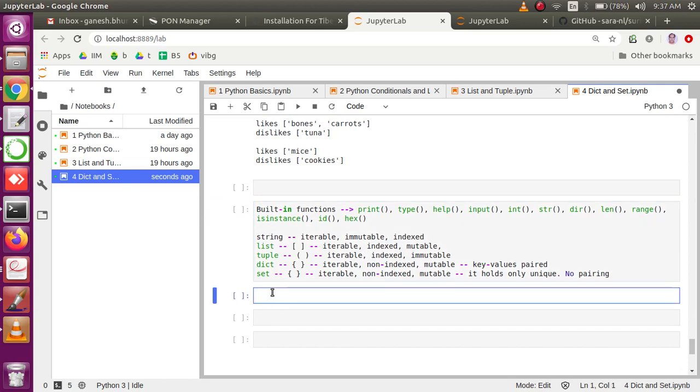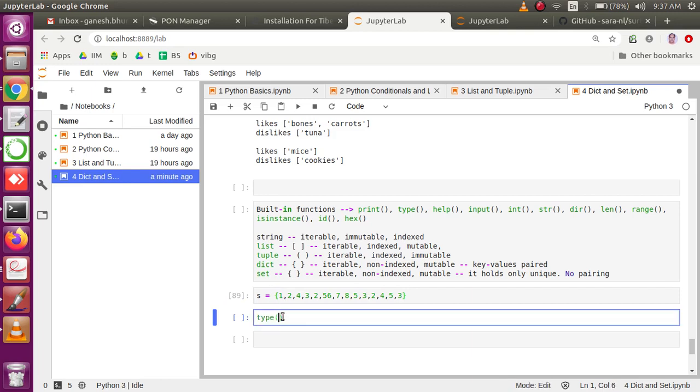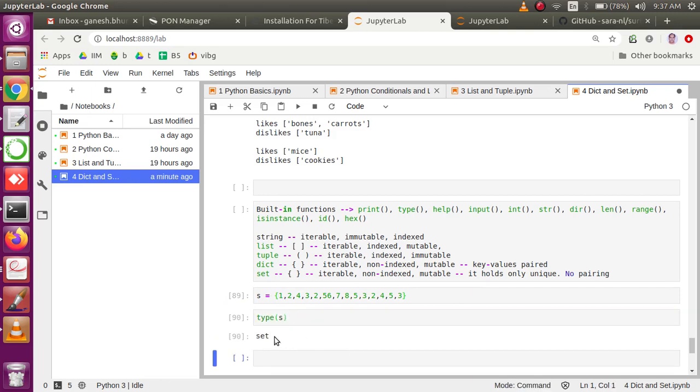No pairing means it just holds the values, right? I will take a simple example. Let's say s equal to, I will take, let's say, okay, suppose this is how I have data, right? So very similar to list, but just that I have used a curly brace, and that makes the interpreter understand